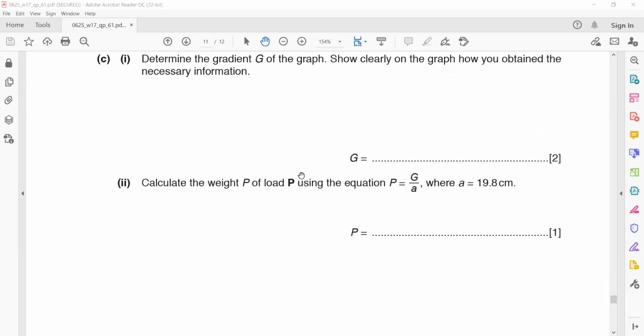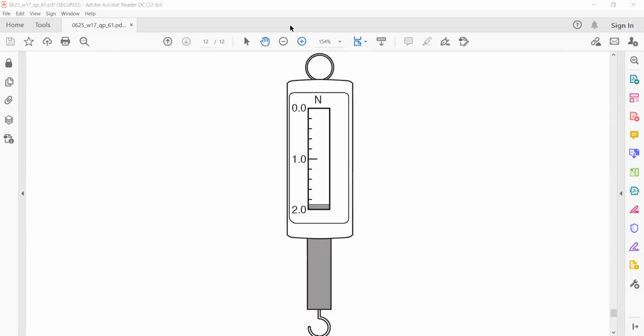Another thing, as you mentioned, the spring might deform, that is right, or permanently deform. If it's permanently deformed, then even if there is no load placed on it, it will not start from origin. It may start above the origin, at a higher value than zero. Many possibilities are there. So difficult to balance the meter rule when the load is placed on it, and difficult to find the center of mass of the loads.